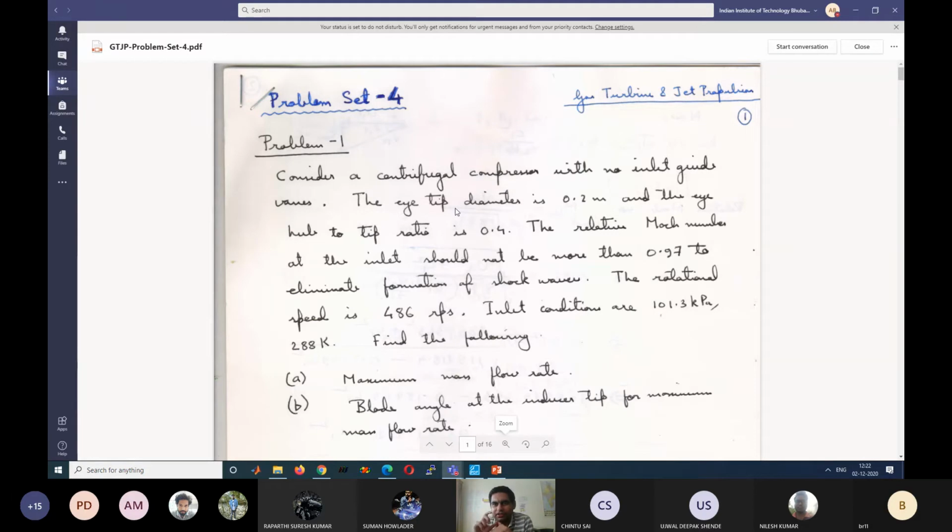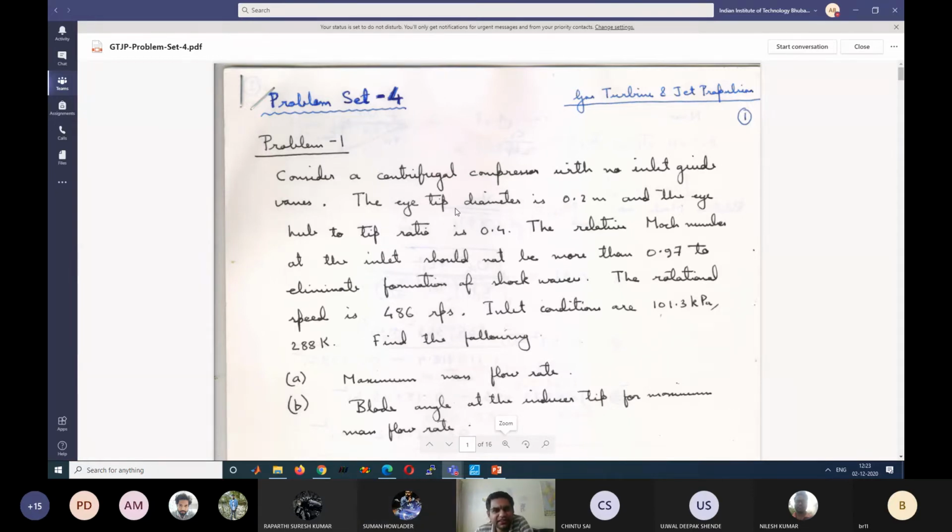Small question means understanding type of question. Why are blades twisted? Why is the number of stages less in the case of turbines, like I had given in the previous example? Why does this happen? Why does that happen? This type of question, and you should answer in very short, 1 or 2 or 3 lines.